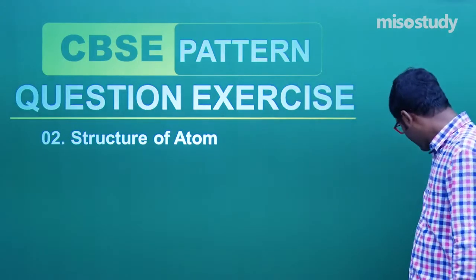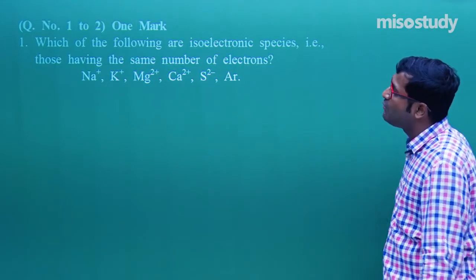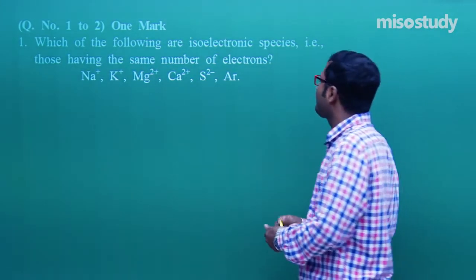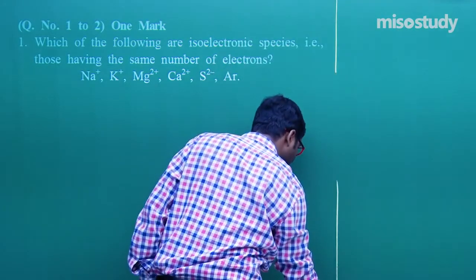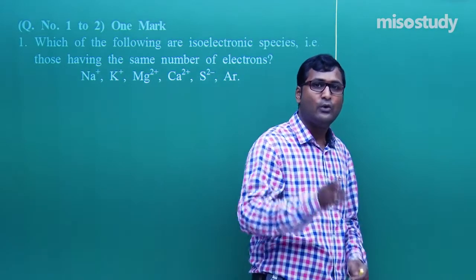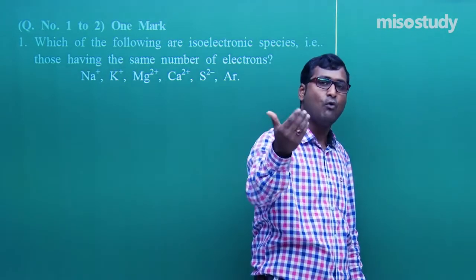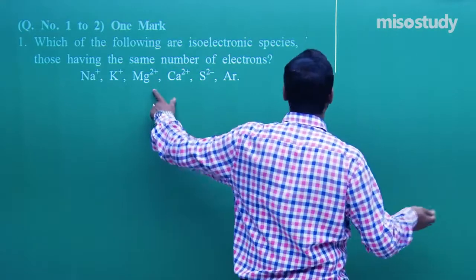Look at my question section. Now my first question carries only 1 mark. Question 1 and question 2 will carry 1 mark. If the weightage of marks related to a question is low, then we have to reply to this question within 20 words. If more marks, then 40 words, then 60, then 80. Now this is only a 1 mark question.